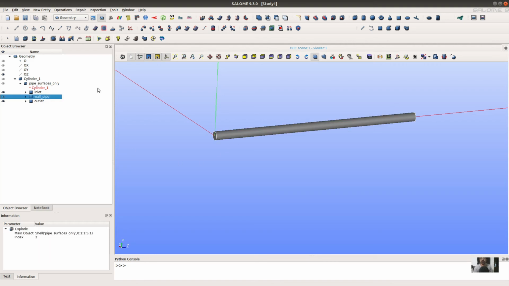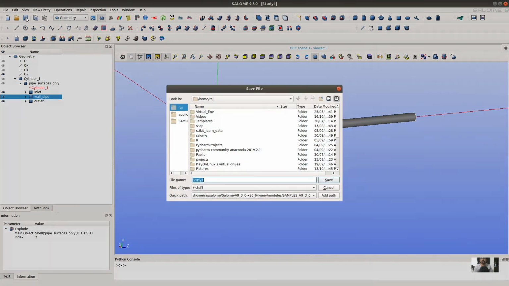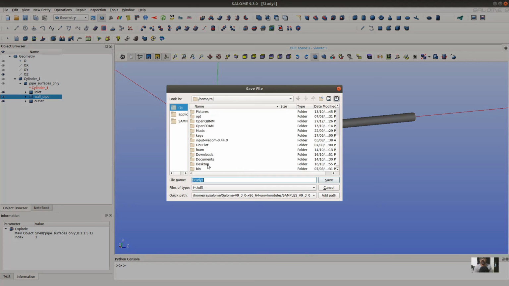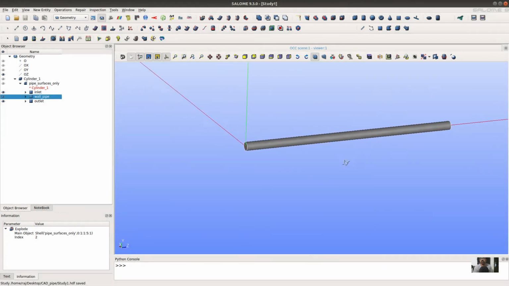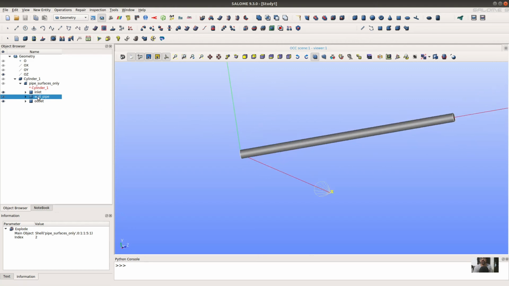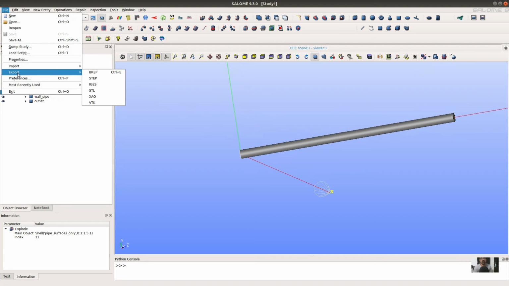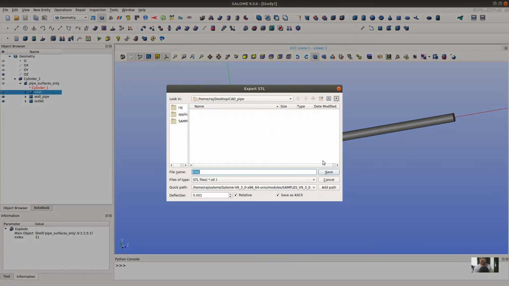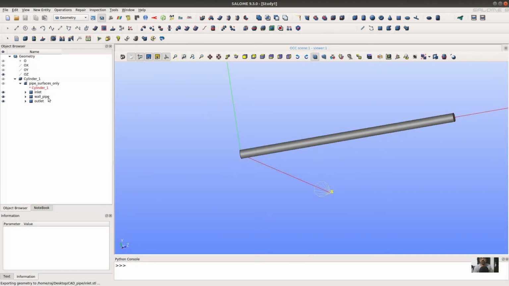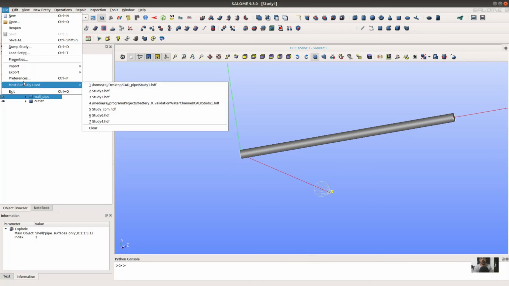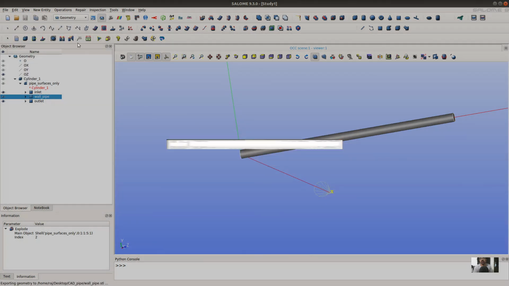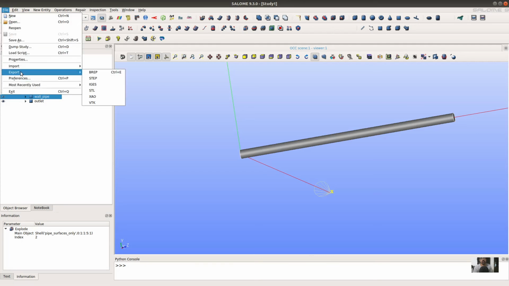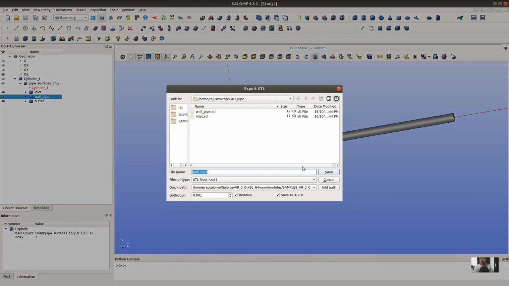So these are the three surfaces created. Now, for the save point, we can save this file at a particular location. We can export these surfaces to a location you define. Export this wall, and export these.